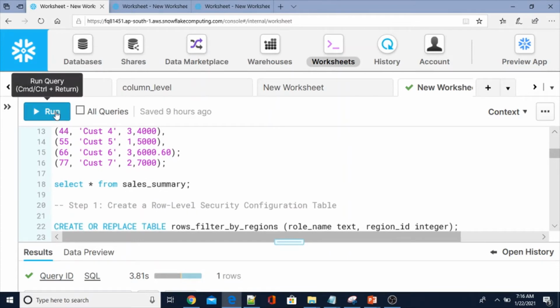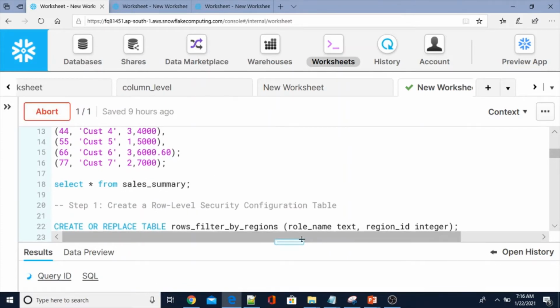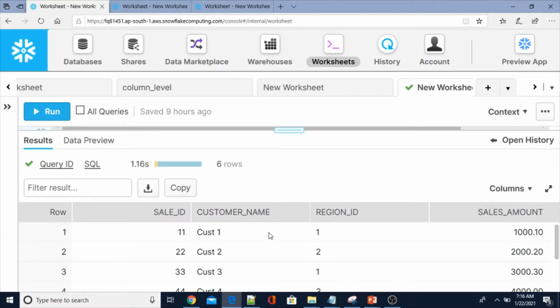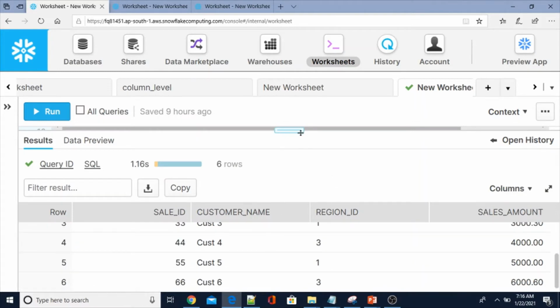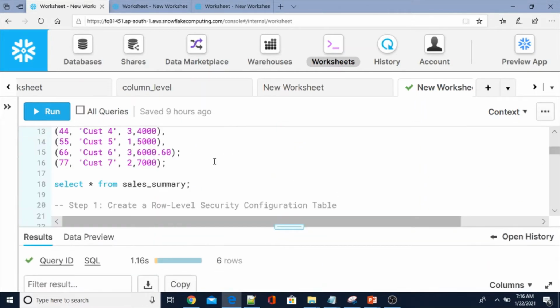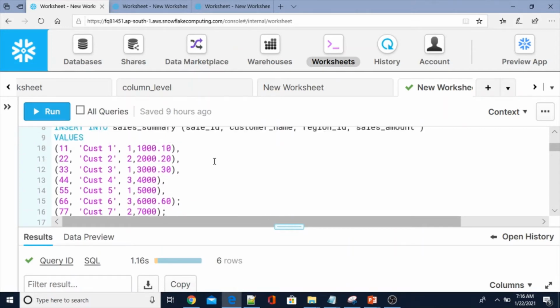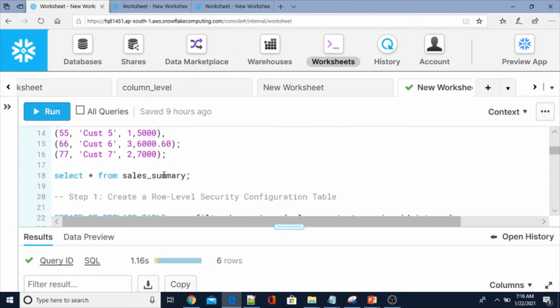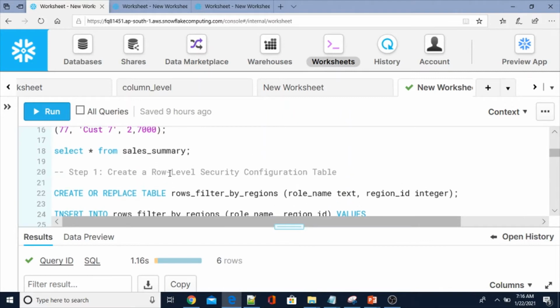After inserting, we have inserted the data into this table. Now as part of Snowflake row level security, I am going to create the configuration table, rows underscore filter by regions. We have to create one configuration table with role name and region ID.